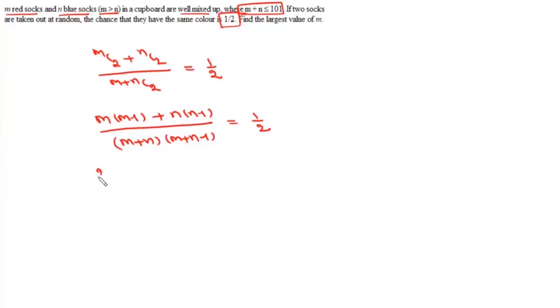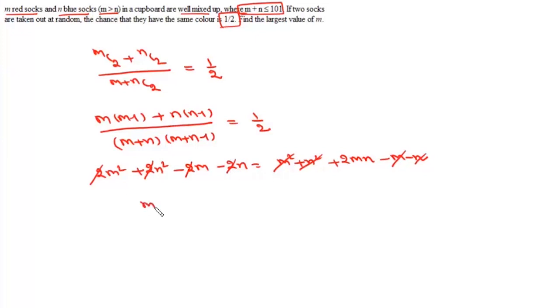Now we simplify this, we'll get 2m square plus 2n square minus 2m minus 2n, and here will be m plus n whole square, which is m square plus n square plus 2mn minus m minus n. Now m square and n square will cancel once, and then m and n will also cancel. From here we'll get this condition that m square plus n square minus 2mn will be equal to m plus n,